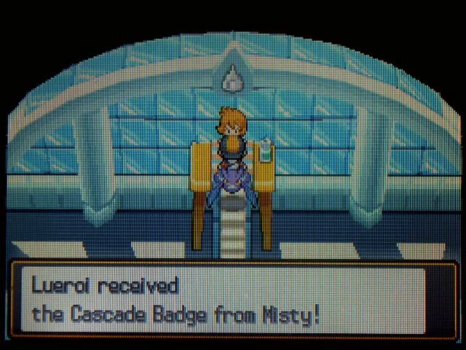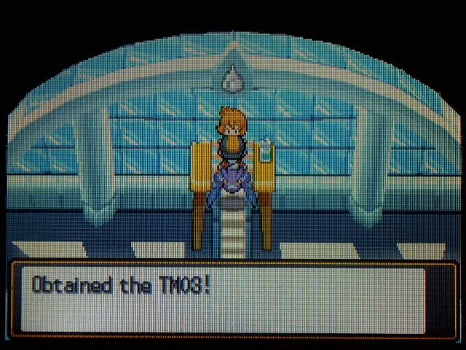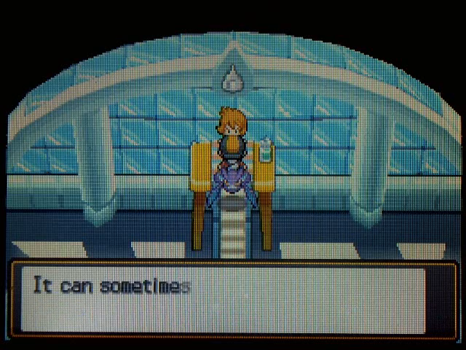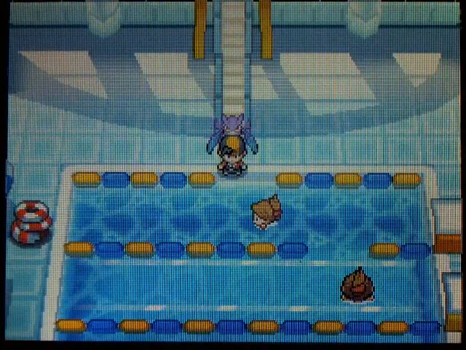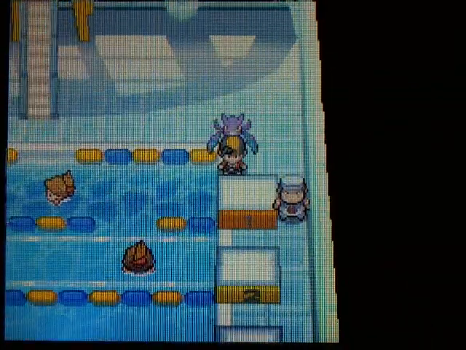We get the Cascade badge. I'll stop complaining because I complain way too much. And I get TM03 Water Pulse, which is a 60 base power water move, so you probably won't even use it at this point in the game. Would have been kind of useful during the main storyline, but whatever. So yeah, you actually have to surf back. Yeah, this guy's in my way, so I can't...